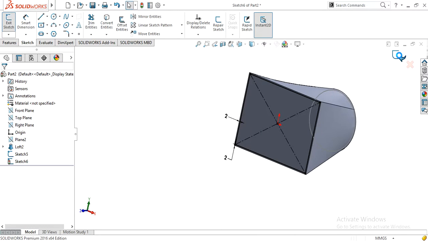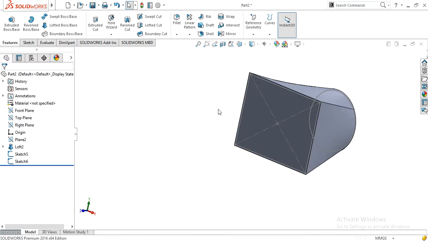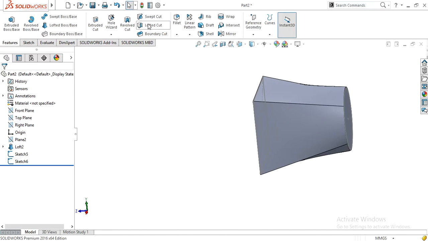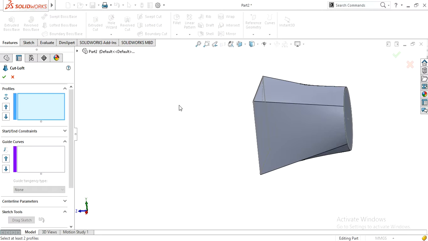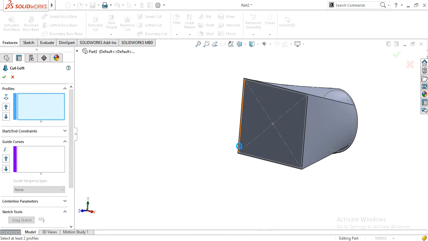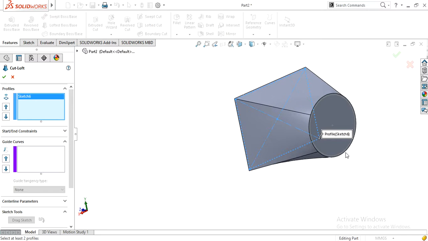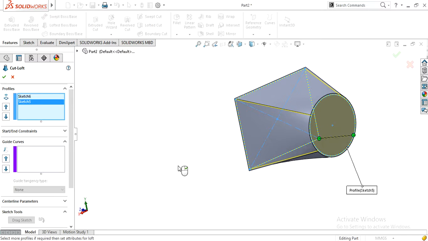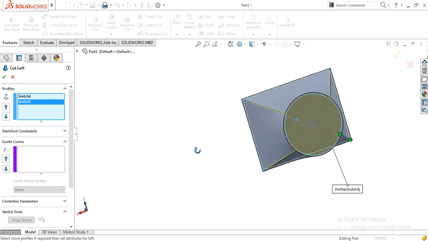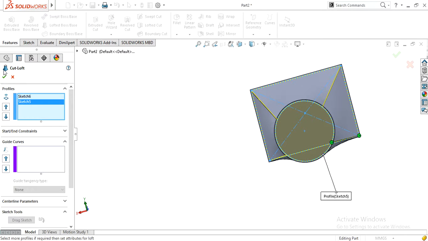Now save and close the sketch, and then select lofted cut. Select both of these profiles and the preview is shown. Click on OK.